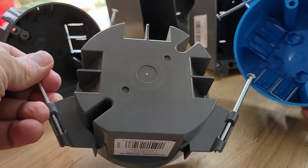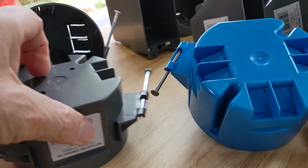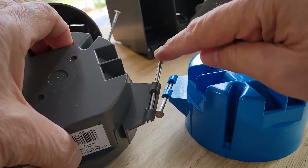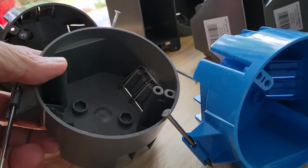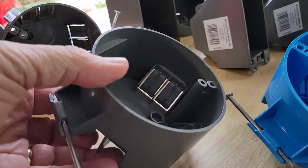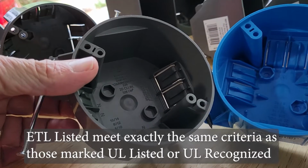We've noted that this has 6 ports for making your cable connections to, as does this brand. They include a set of nails, though the finish on these nails is a lot nicer. And it really comes down to a preference of colors. This is UL rated, whereas this is ETL rated, but they're both perfectly safe to use in your home electrical